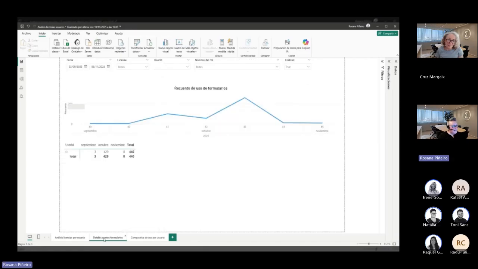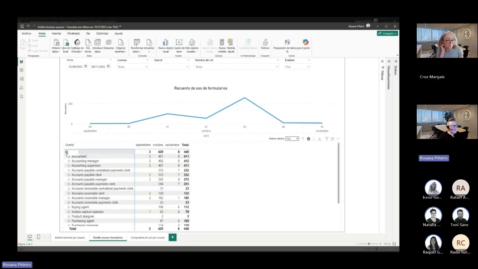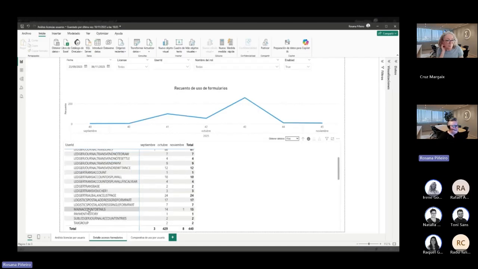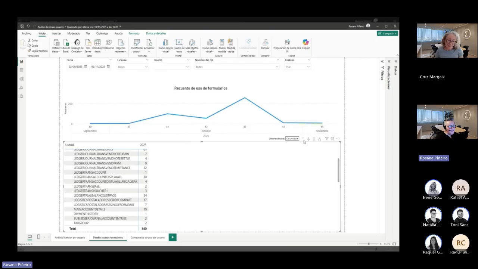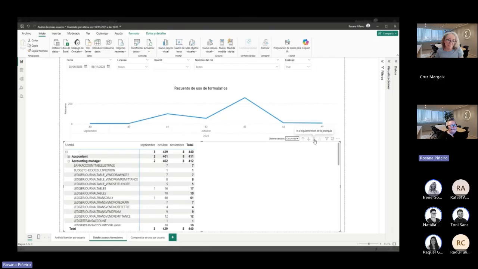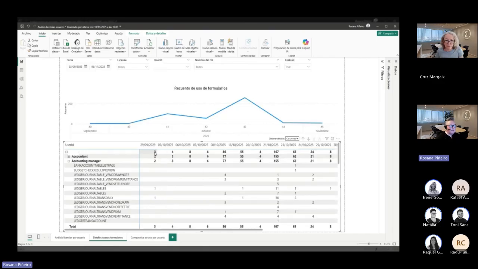Here we're actually going to have a breakdown of how many times these forms have been accessed, and we've got different filters where we can go more in depth. Like here we can see we've just found the form. We can see it in October, it's been accessed 14 times. In November, it's been accessed once, giving a total of 15 times in these 120 days. This information could be very helpful because we can find forms that have been accessed only maybe once in 120 days. So that really gives us more information about whether that role is really indicated correctly for that user.